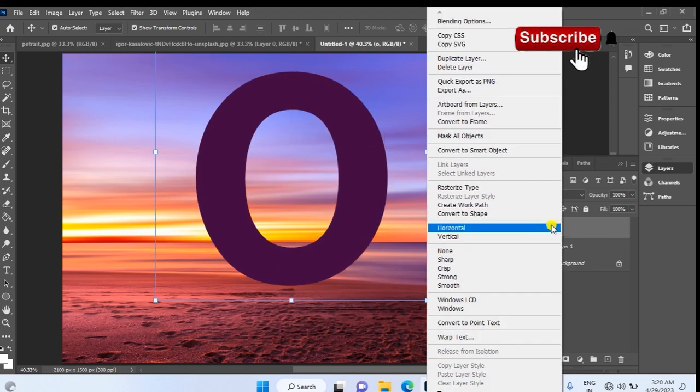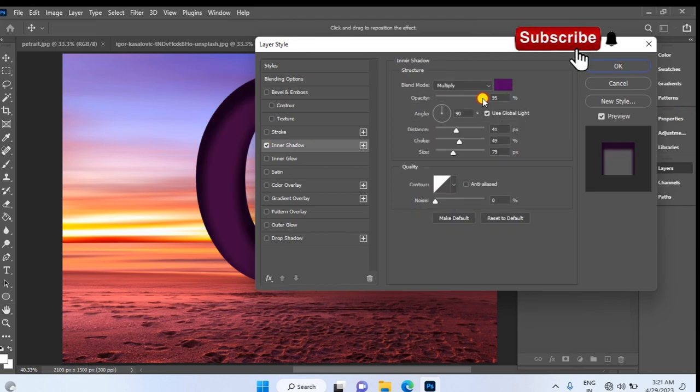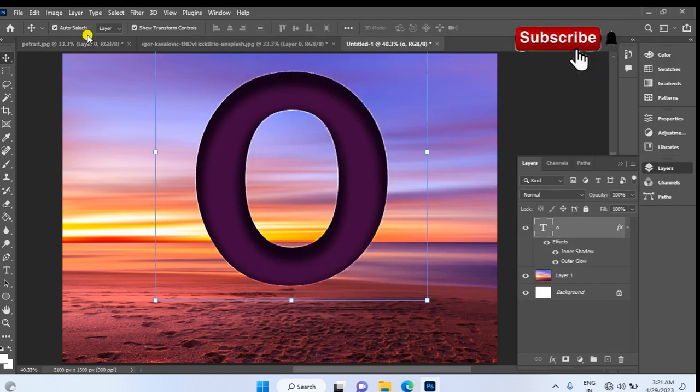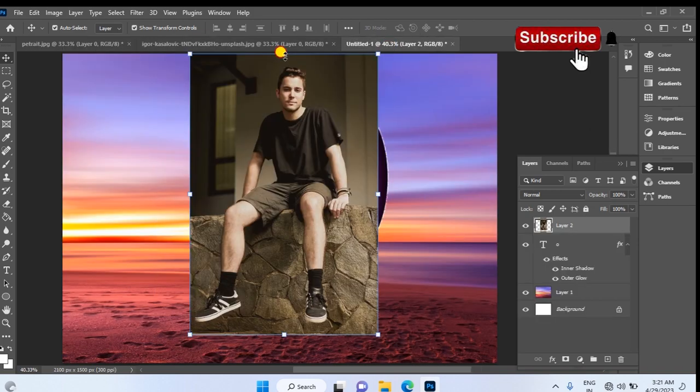and right click, go to blending options, click the inner shadow and click the OK, and go to this picture and drag and drop and increase the size